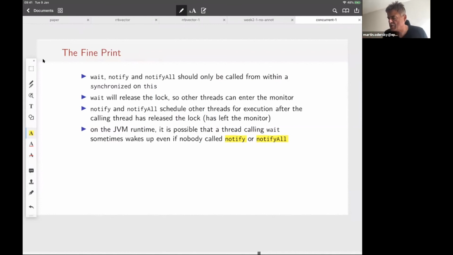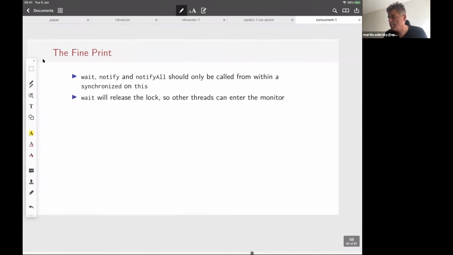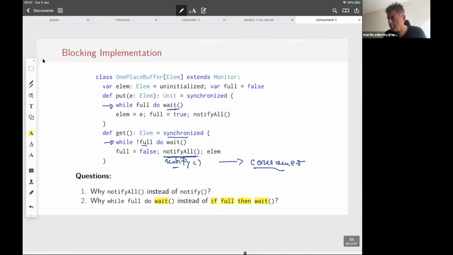But that's not of much importance, because if we properly protect our locks with whiles like here, then that's okay. What the runtime will ensure is that it's the only thread in the monitor. And then the thing that matters is the value of this condition. If the condition is the one that it needs to go on, then it will do that, and otherwise it will just wait again. Okay.